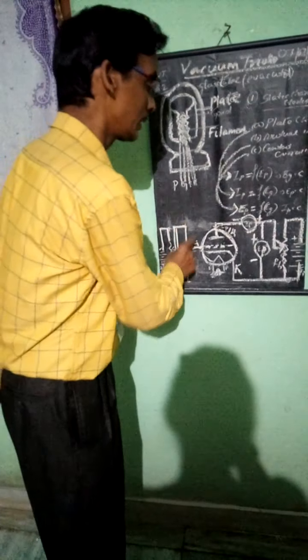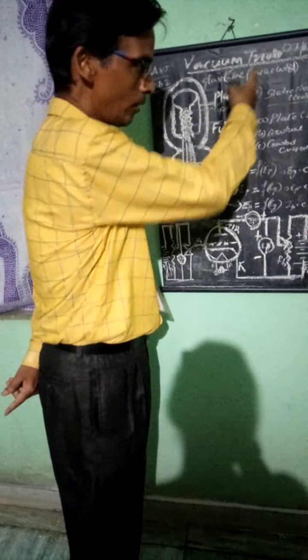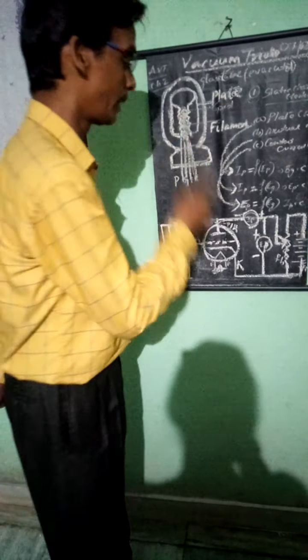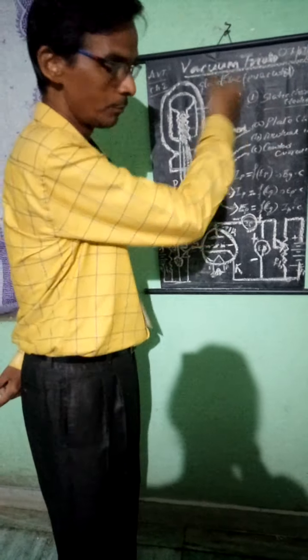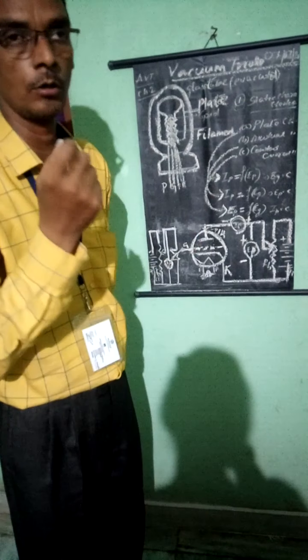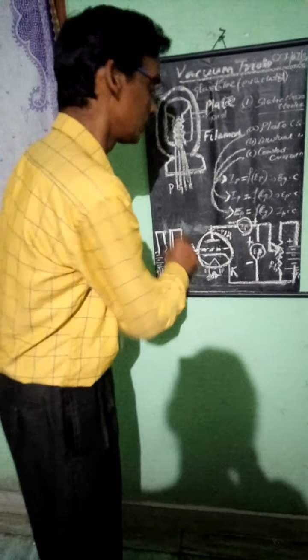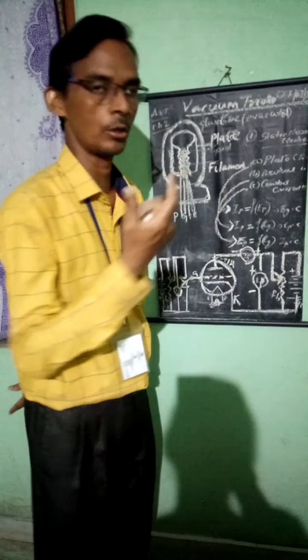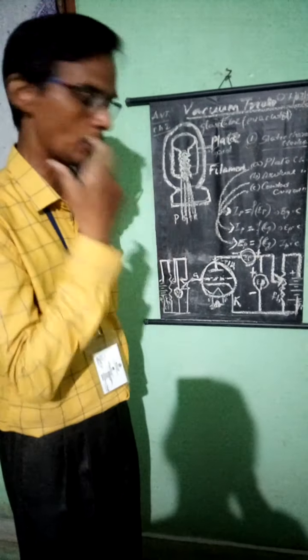If the grid potential is zero, the vacuum triode acts as a vacuum diode because zero potential is there at that moment. So the same function comes to the vacuum diode. Let us see, if the EG is positive, it is also not important. If the grid is positive, what will happen? The whole of the electrons it will attract, so that it is also not utilized fruitfully for our purpose.